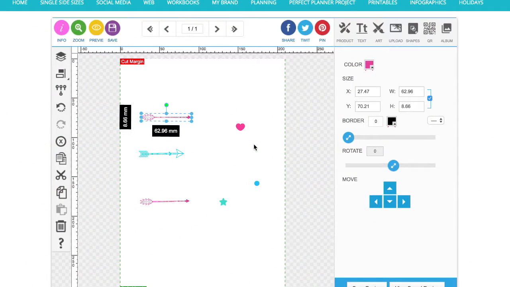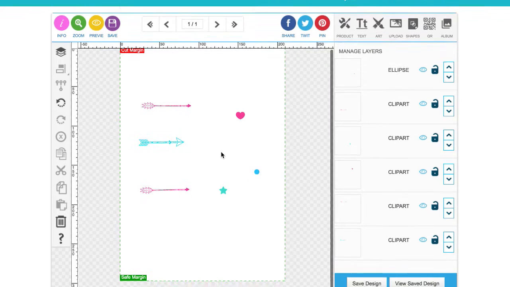Hi guys! So I'm just going to do this quick tutorial video to show you a couple of quick tips about creating symmetry and using the alignment tool within Designsta. So I have plonked these art elements onto my template. I've got a few arrows, a little star, heart and a circle, and I'm going to create a pattern using